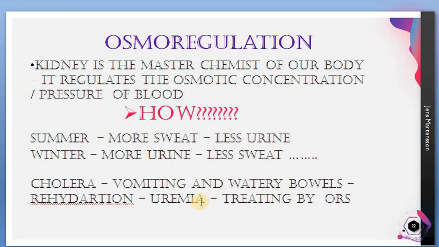So when our body is dehydrated, because of the pressure which is created on the kidney to maintain osmotic concentration, the kidney will try to suck urea along with water. The urea will be taken back into the blood in a high concentration, leading to the accumulation of urea in the blood, and that condition is known as uremia. This uremia condition is actually very fatal. The person can even be killed if uremia is happening.